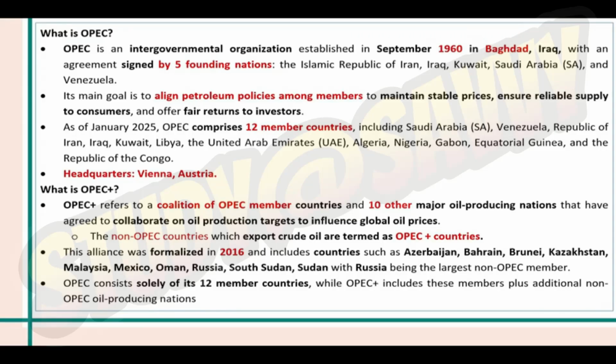Okay, now talking about the OPEC. OPEC was established in the year 1960 in Baghdad, Iraq, and there are 5 founding members of this OPEC organization. They are Iran, Iraq, Kuwait, Saudi Arabia, and Venezuela. And the main goal of OPEC was to align the petroleum policies among the members, to maintain stable prices, ensure reliable supply to consumers, and fair returns. Now, OPEC has 12 members. As of 2025, OPEC comprises 12 members, that is Saudi Arabia, Venezuela, Iran, Iraq, Kuwait, Libya, UAE, Algeria, Nigeria, Gabon, Equatorial Guinea, and Republic of Congo. And headquarters is located in Vienna, Austria. Okay, in Baghdad, it was established,